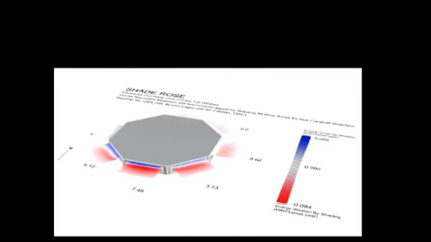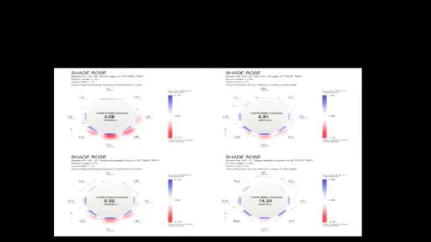So in shade rows, what you see here is we are using TMY2 data or TMY3 data and optimizing for Boston climate here. Does it look a little skewed here? Or is it just my eye? Okay. So what you're seeing here is, when we are optimizing the shade, the blue indicates there are some energy savings, because this is Boston climate, which is cold climate. So you want more solar gains.